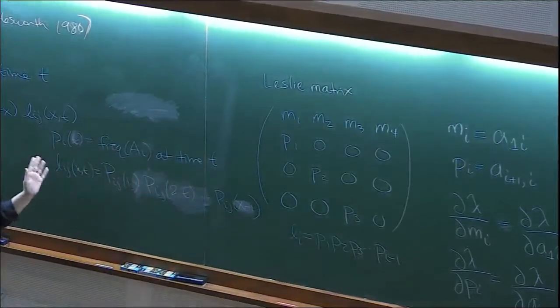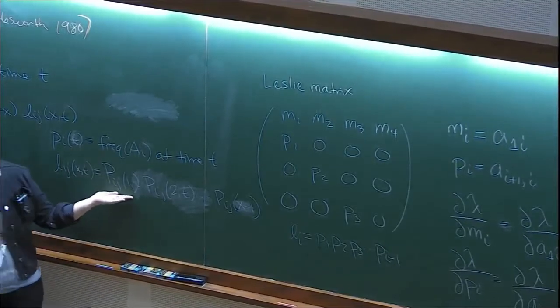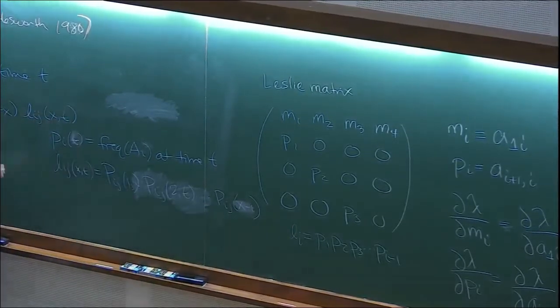So we're going to do the same thing here, except we're going to assume that it depends on genotype. So l_ij is just the probability that you survive from being a newborn to being of age x. And you have to survive stage 1, and then 2, and then 3, et cetera. And that's what that is, and those are allele frequencies. And then finally, this function B,